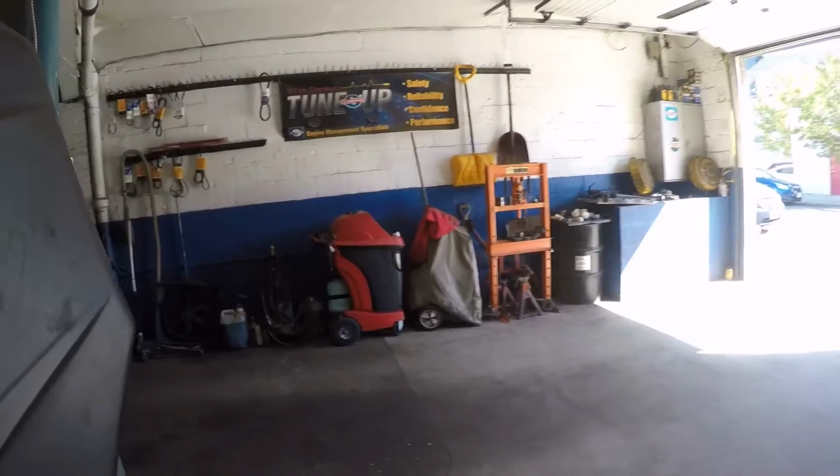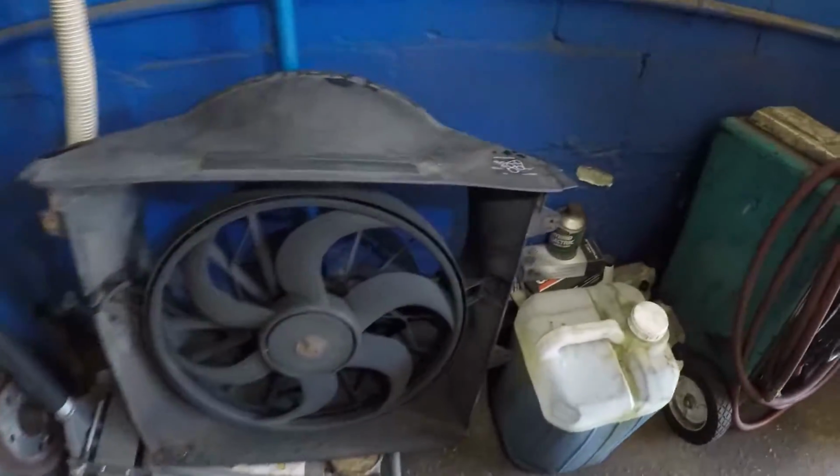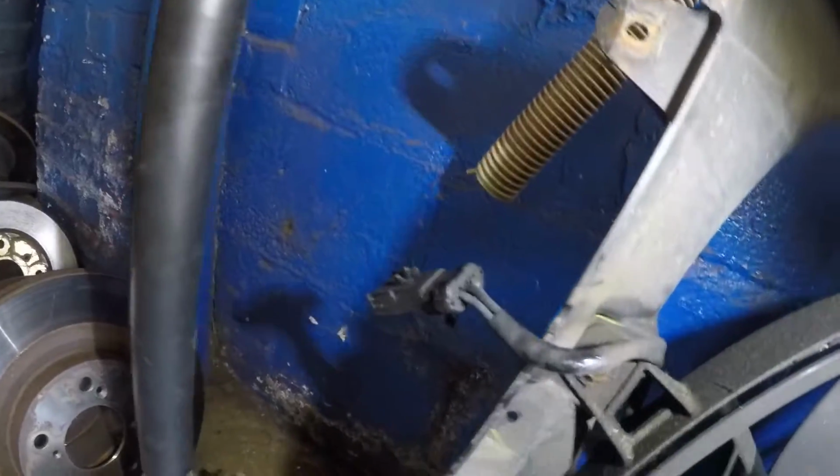So this is the Jeep, guys. I changed the whole assembly. That's the one right there. This is the whole assembly right here. Got a screw bolt right here, bolt down there, bolt here, bolt there, the old number 10, and that's the